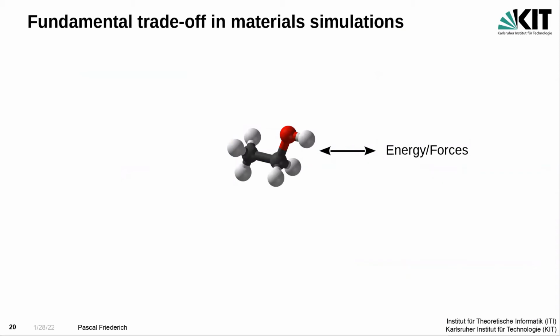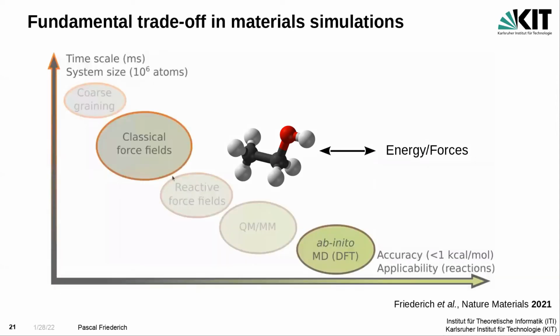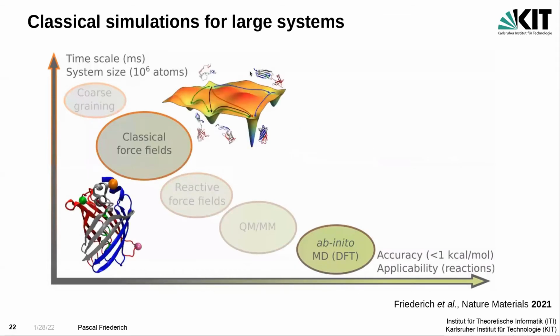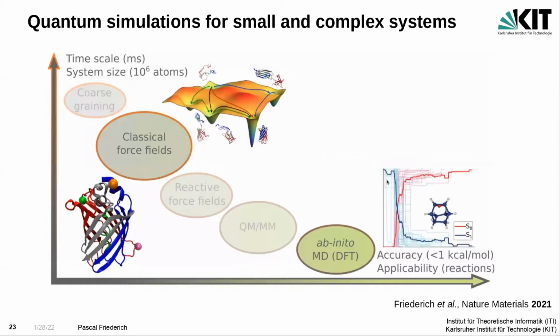So now we talked about how we can predict molecular properties, but now we want to simulate what is going on in an atomistic system. And for that, we need to predict energies, and from the energies, we can predict forces. And there's a lot of different methods that can do that, ranging from classical force fields for very large systems, for example, proteins, to ab initio MD simulations that can predict very complex quantum mechanical systems, for example, photodynamic